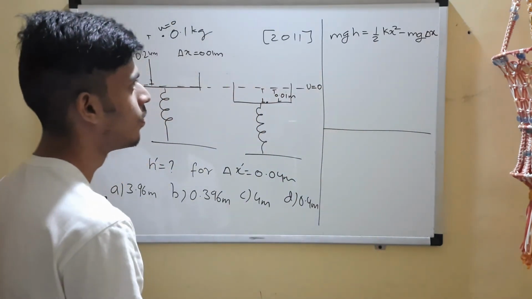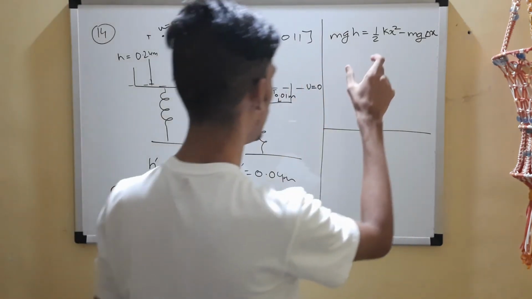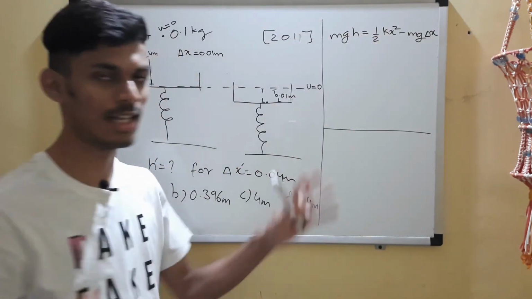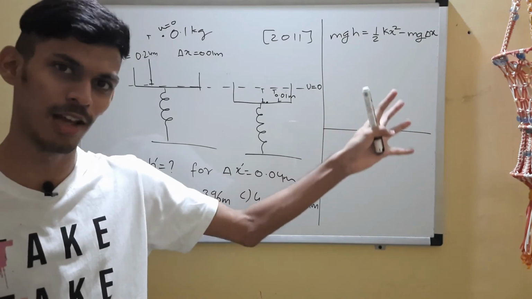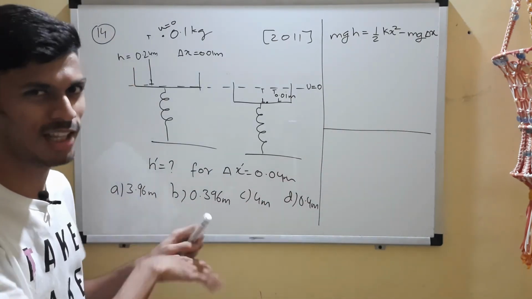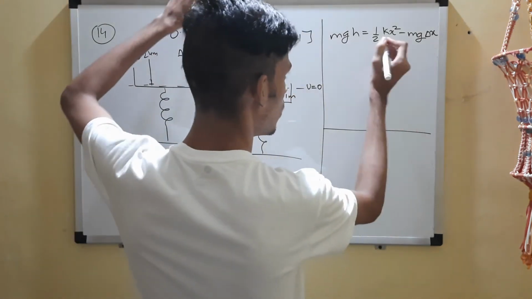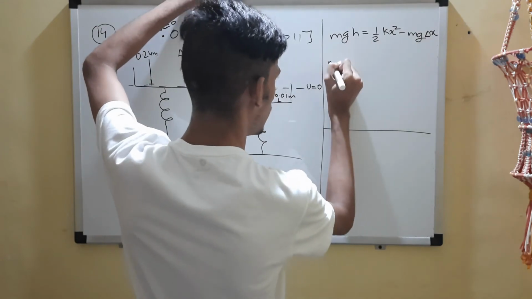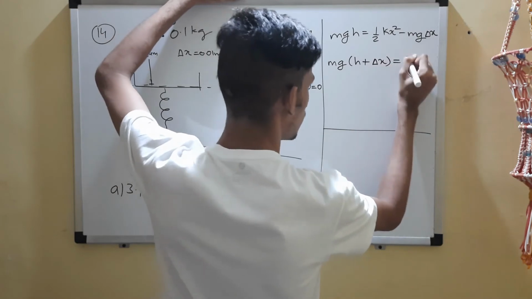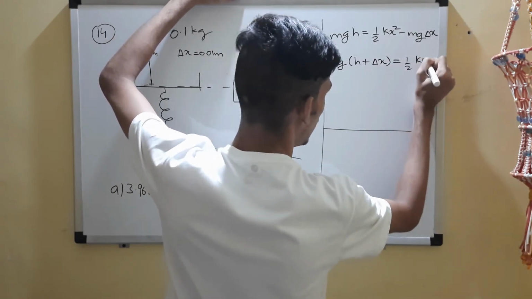Now, the long way of doing it is to find this k through this equation, then go to scenario 2, use the same conservation of energy, substitute the value of k, and the only unknown there will be h dash. So that is a big method. What I will do is I'll just bring this mg delta x over here. So take mg common, h plus delta x, right? So we get half k, and this will be also delta x, the compression,